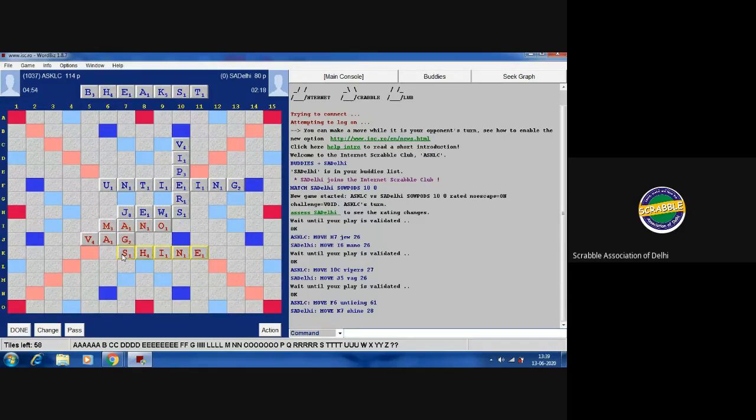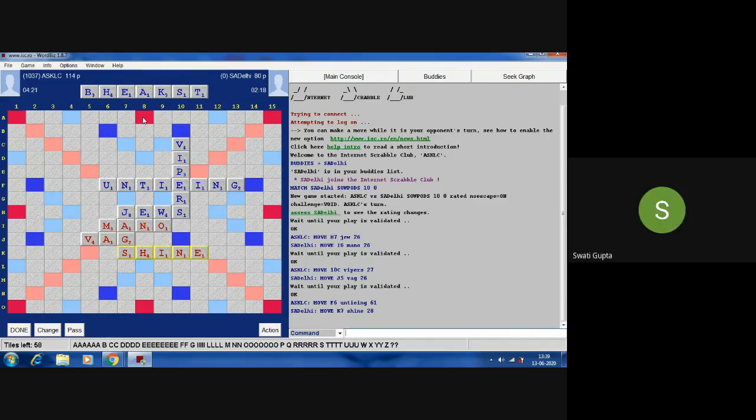Unseat in the triple word. Yes, unseat in the triple word is a good spot, by Diksha Pandey. So basically, she used the prefix un and then unseat. But that would not have gotten me much. It would have gotten me 1, 2, 3, 4, 5, 6, 7, 21 points, while Shine has gotten me 20 points.